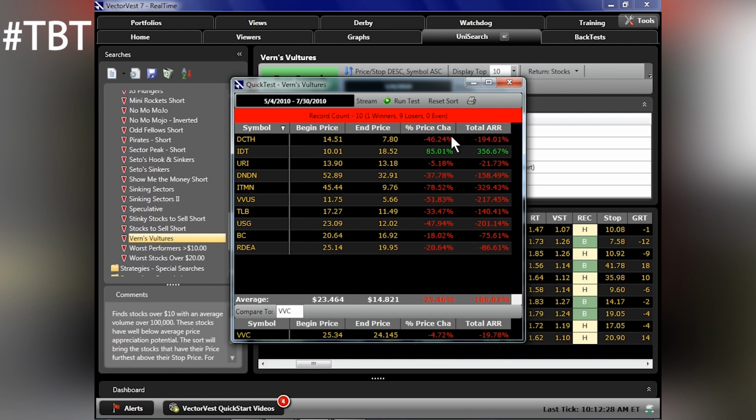To tell you the truth, I'm sticking around a little bit too long here. One stock went against us pretty good, but if we sort by percent price change, we'll click that column header just above and sort it again. We have one stock that lost 78% of its value,